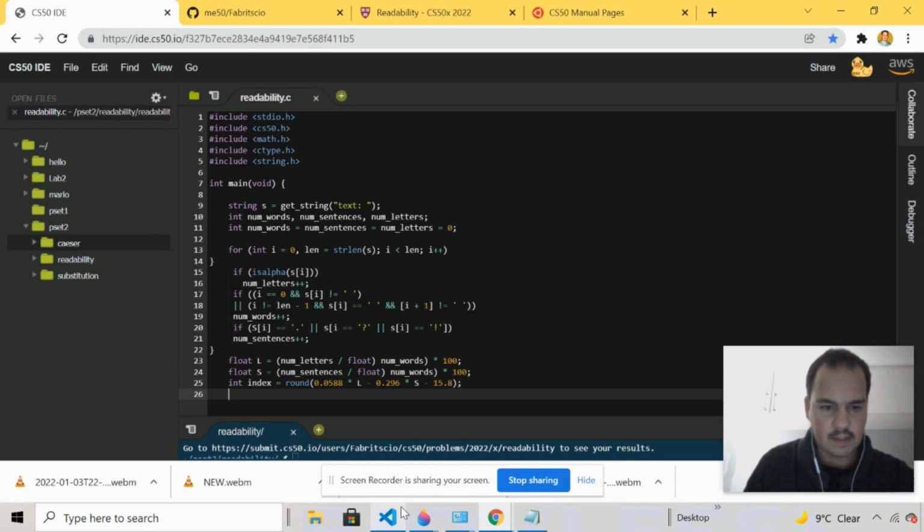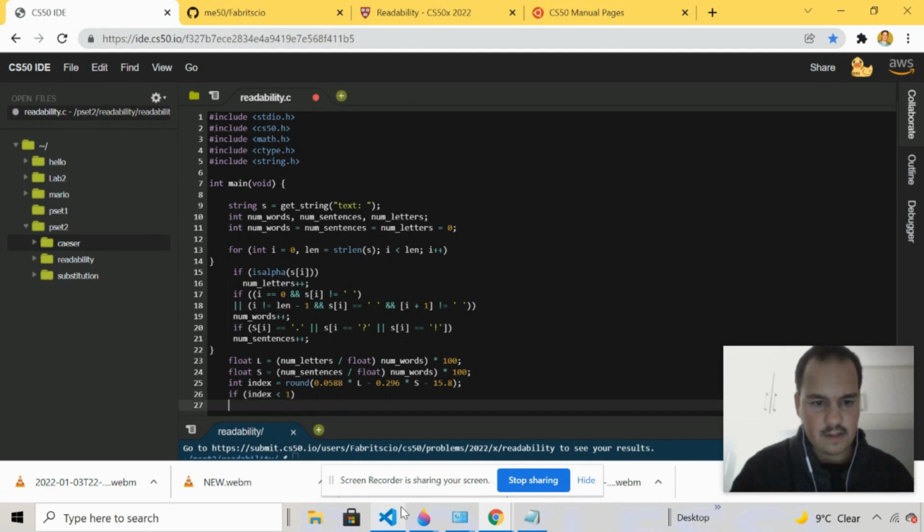We're going to go ahead and start off with the if statement. If index, so we're setting conditions now for the program to spit out the particular grade. So setting conditions to the index. If the index is smaller than 1, then we're going to go ahead and print out before grade 1, \n,